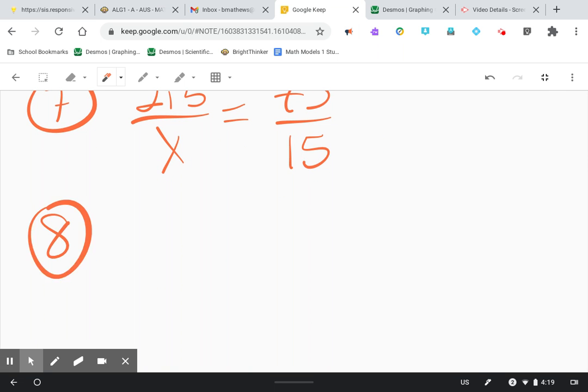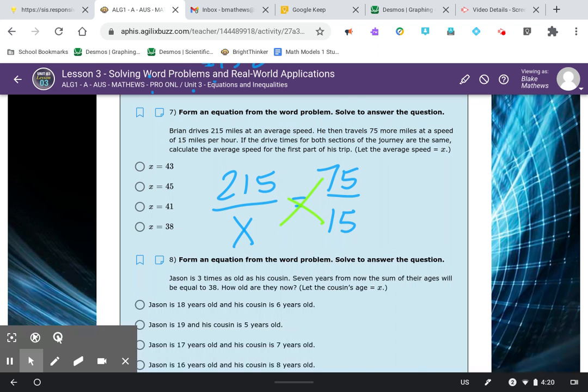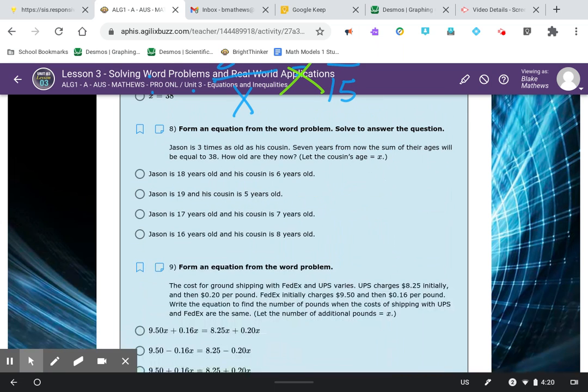All right, pretty straightforward. Jason is 3 times as old as his cousin. 7 years from now, the sum of their ages will be 38. How old are they now? I'm going to let you figure this one out on your own. You need to use this information